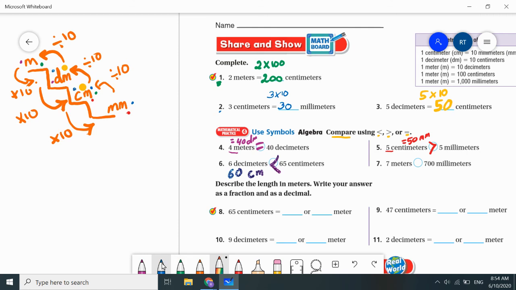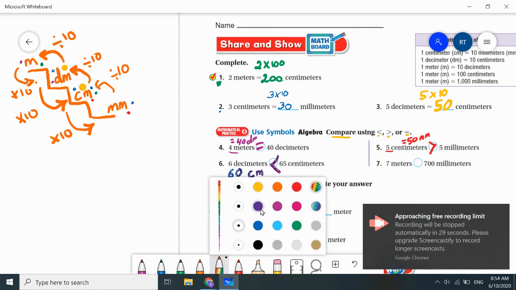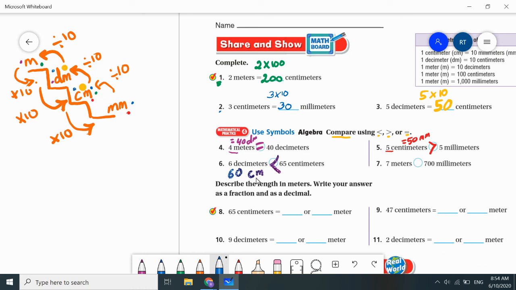Lastly here, I have, choose the blue again, okay? Here I have 7 meters and 700 millimeters. So I am at meters and I want to go to millimeters. You see, again, from larger to smaller, I need to multiply and do, am I going 1 step or 2 steps or 3 steps? I am going 3 steps. So 10, 3